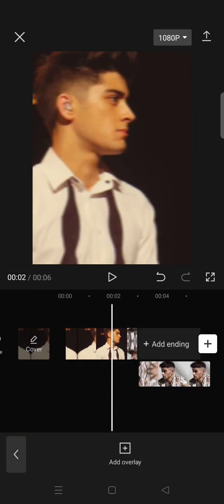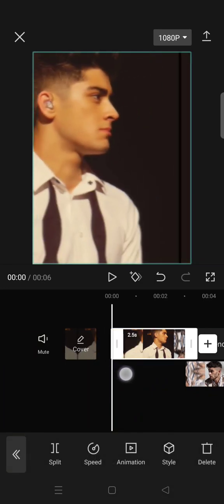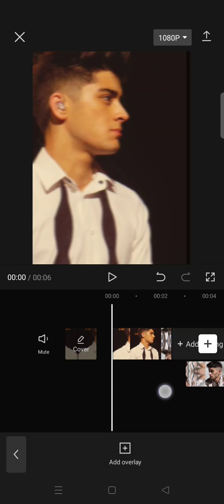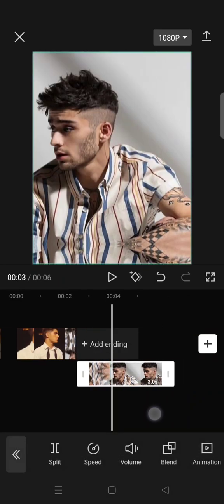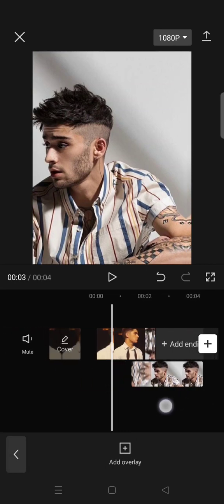Then trim the start of the first clip 0.5 seconds so that the first clip becomes 2.5 seconds, and then move the second clip to where you're liking. So I'm going to move it in here like this,